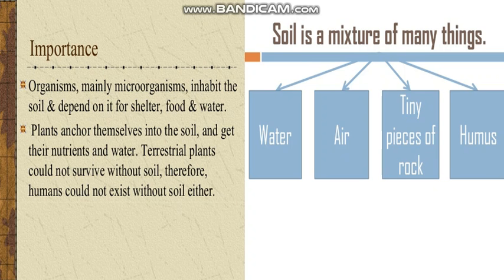The next component is microbes. Microbes mean microorganisms. Microorganisms are present in the soil. What is their function? Microorganisms break down dead plants and animals to form humus, which returns minerals and other useful substances back to the soil. They decay and decompose dead plants and animals into useful components, and they provide minerals to the soil.